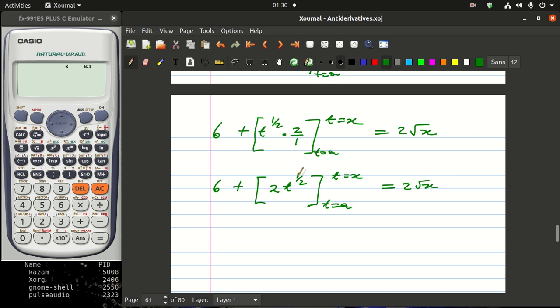And t raised to 1 over 2 is the same as the square root of t. That is what is important here. And then we have a 6 plus, and then you can take this x and plug it in, so you will end up having a 2 root x minus 2 root a. That is what is important here, because now we are plugging in, we are actually going and evaluating at these